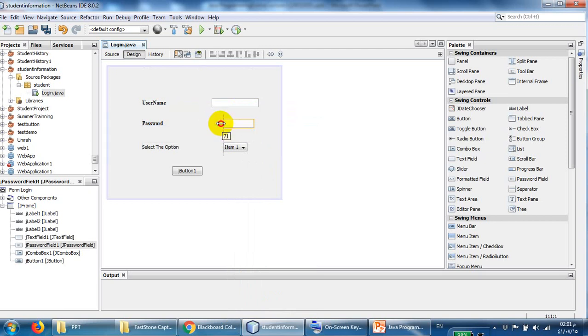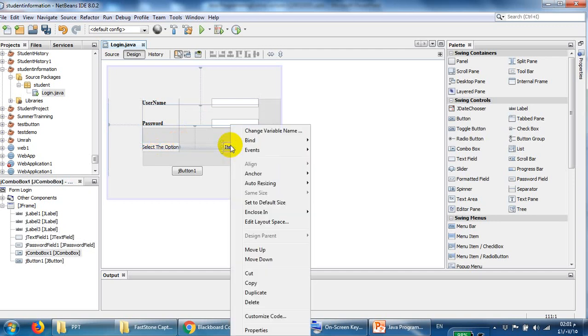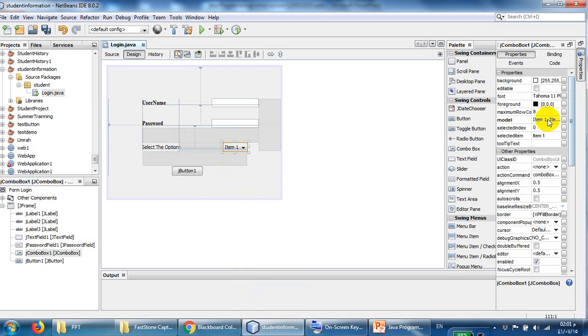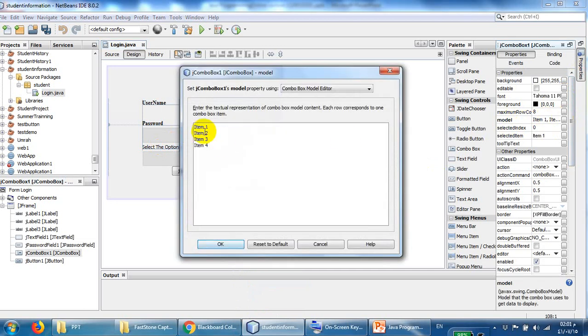Make it big. Okay, this is here. Select this, properties. You can go like this or like this, no problem, same. Okay, here for example, you are going to model, items. These are the items. I want to change this to